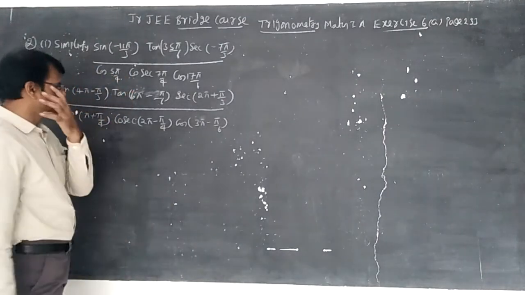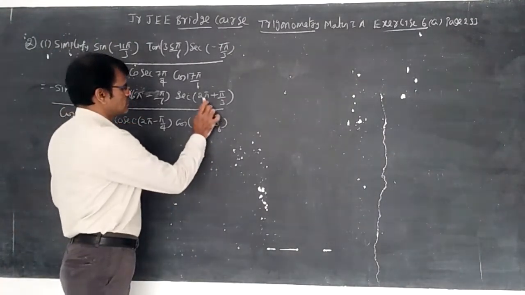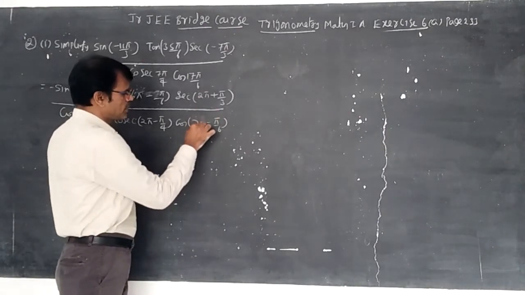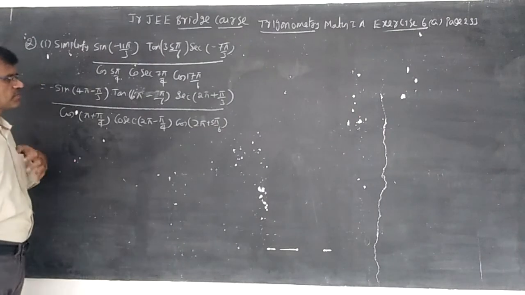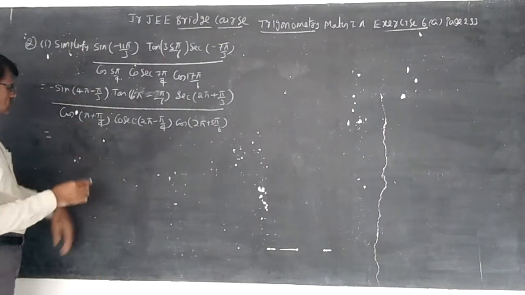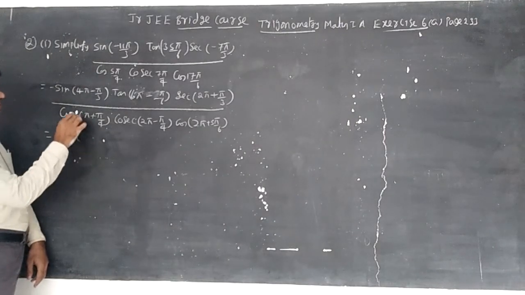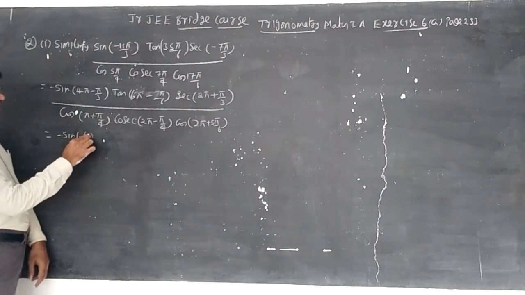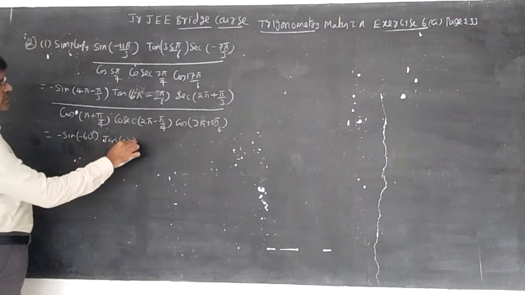6 3 are 18 pi minus 1. So 3 pi means, once again, we should write it. So let us write 2 pi plus 5 pi by 6. It is better. Next, you can understand sin 4 pi is nothing but 0. So minus sine of minus 60 I am writing, into tan, it is minus 30.